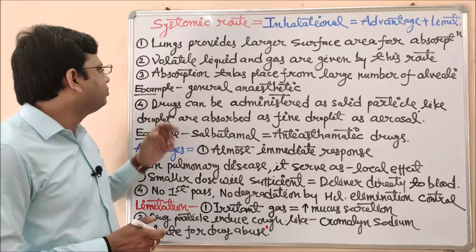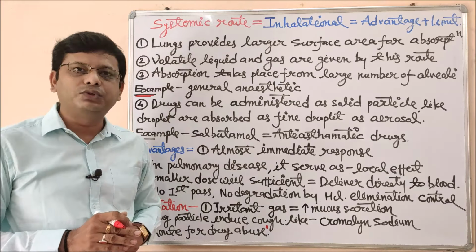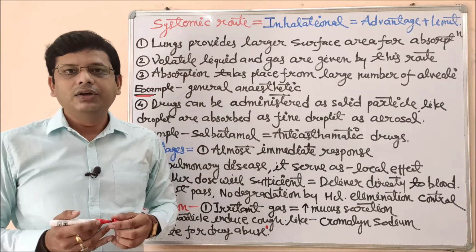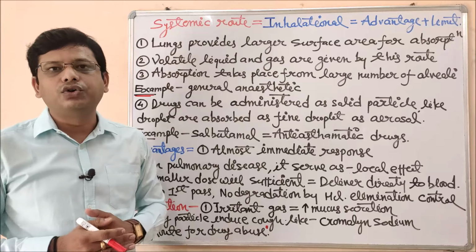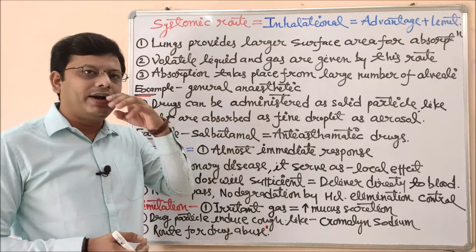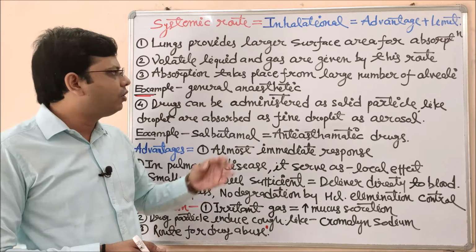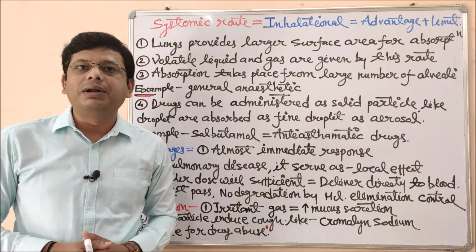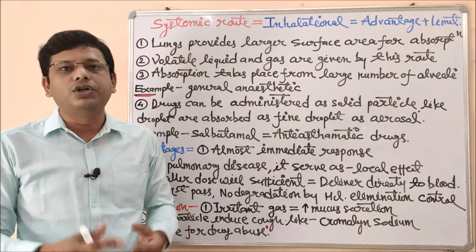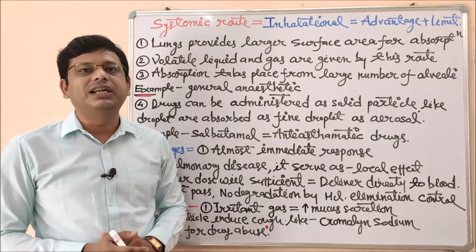So coming to the examples, these are very important examples that should be remembered for different types of objective type questions. General anesthetics are given through this nasal route or inhalation route, in most cases with the help of an oxygen mask. So what is a general anesthetic? What are the different types of general anesthetic? We have already finished all these lectures on general anesthetic and local anesthetic on our main channel, that is Solution Pharmacy. So if you want to grasp all the detailed knowledge of this anesthetic, please go through that channel, and the link of that channel is given in the description box.